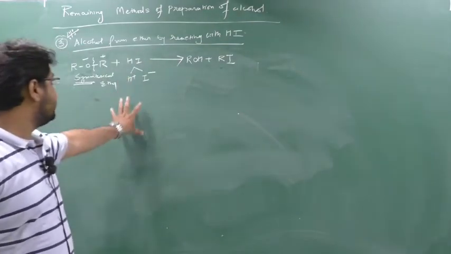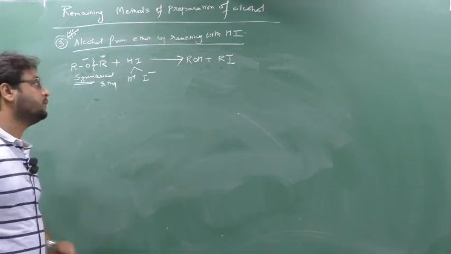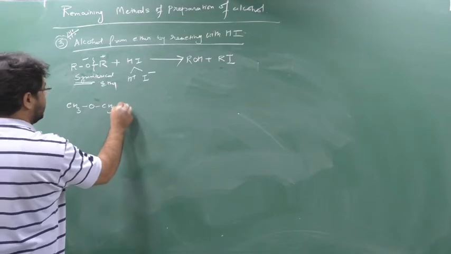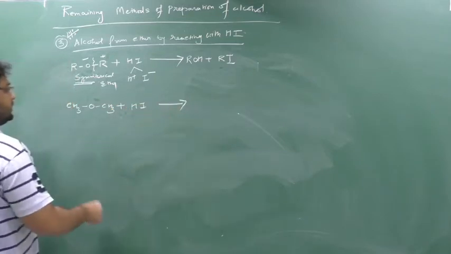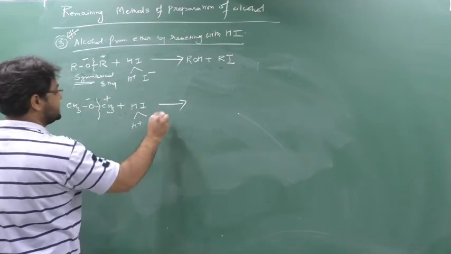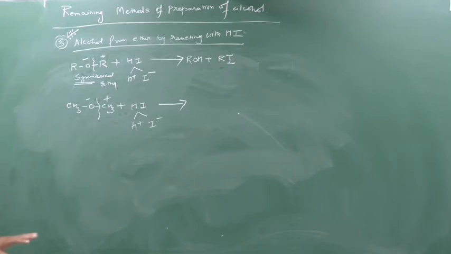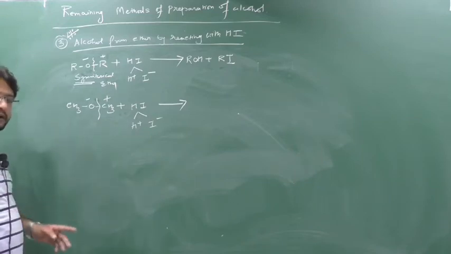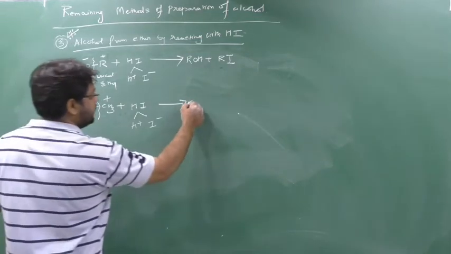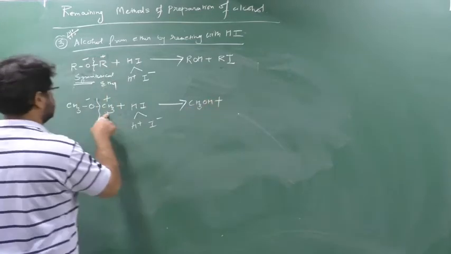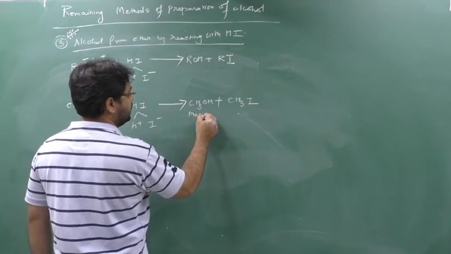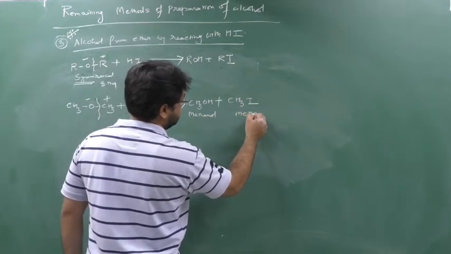First you will see this example, then I will go with the unsymmetrical example and I will tell you what to do. So see here now, CH3OCH3, and I will react with this HI. I will split in this way, so minus plus. So I will get here H plus I minus. In symmetrical ether I can split in any form, answer will remain same. For HI I am telling, but for unsymmetrical ether there is a point for HI. So just remember that, I will tell you just now. So CH3O minus and H plus I will get CH3OH. CH3 plus and I minus I will get CH3I. So I will get the answer as methanol and methyl iodide.